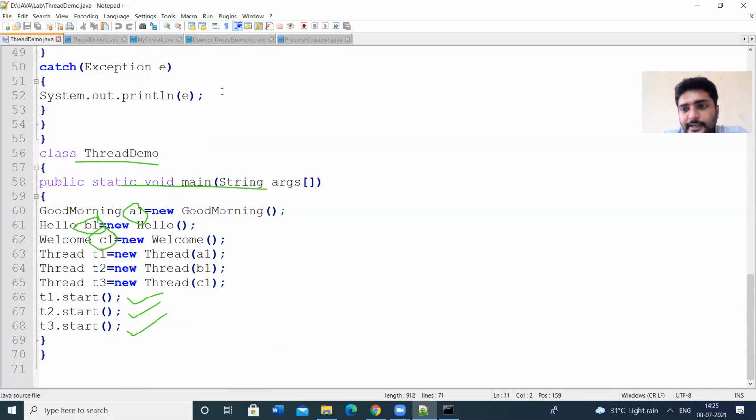While implementing the runnable interface, see here, good morning is a class which is not extending the properties from the thread class. The start method is defined in the thread class. It is not a runnable interface method.